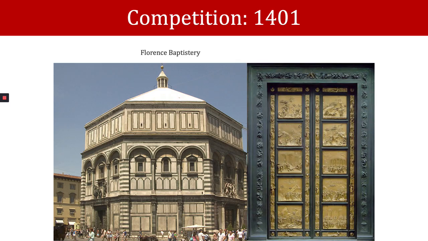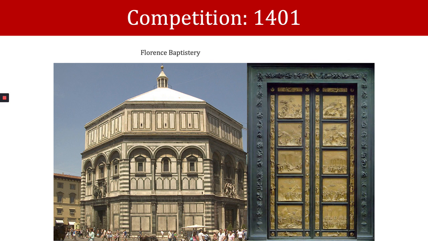I wanted to start the discussion of the Renaissance in 1401, right? Giotto is one of the main leaders of the Renaissance art movement. He's kind of beginning that trend towards realism. But I want to argue that the actual date of the Renaissance begins in 1401 with a competition